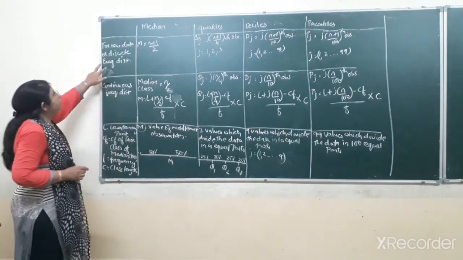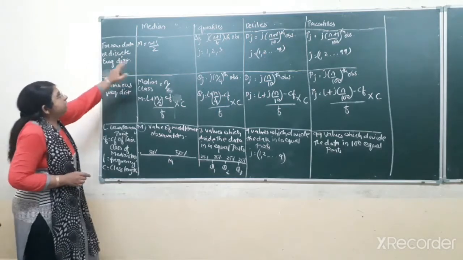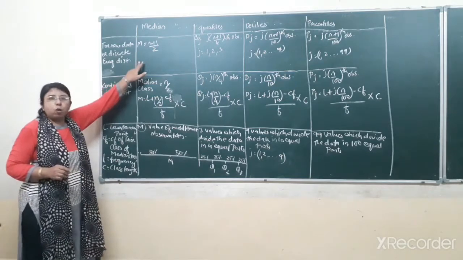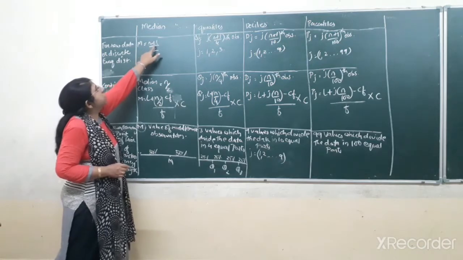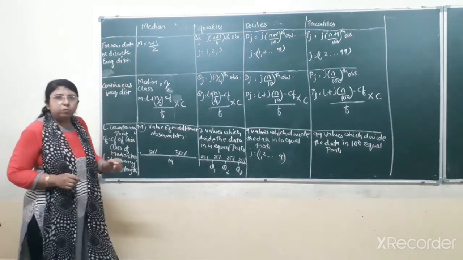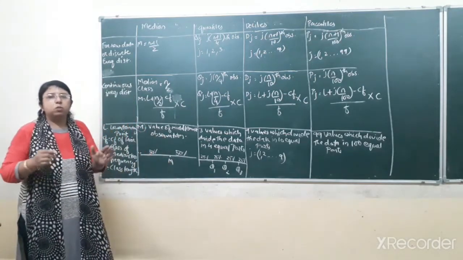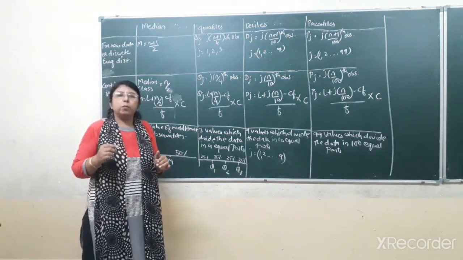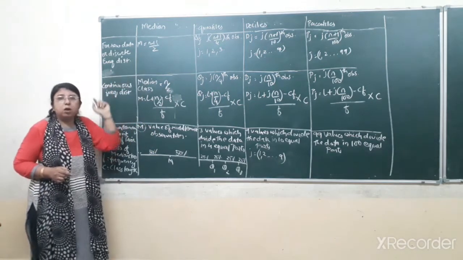Okay, there would be a common formula for both types, that is for raw data and for discrete frequency distribution, in case of median, quartiles, deciles and percentiles. First of all, let us understand median. In case of median, the basic formula to find the median is (n+1)/2. Here n means the number of observations. Suppose there are 10 observations, so (10+1)/2 is equal to 11/2, it will come to 5.5. So in that way you have to find the value of median in case of raw data or discrete